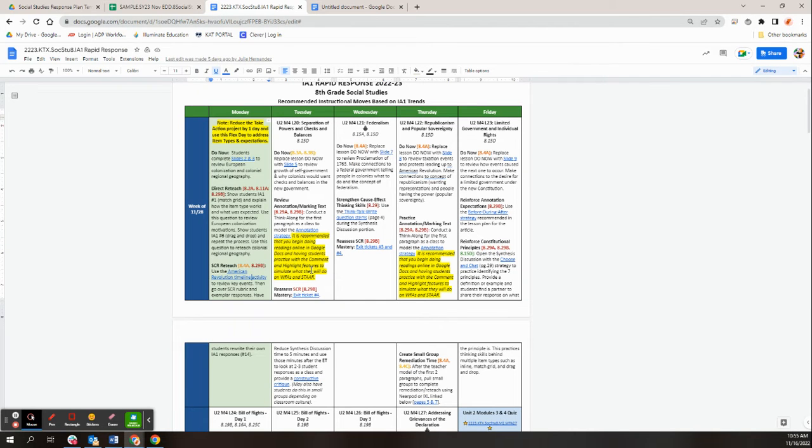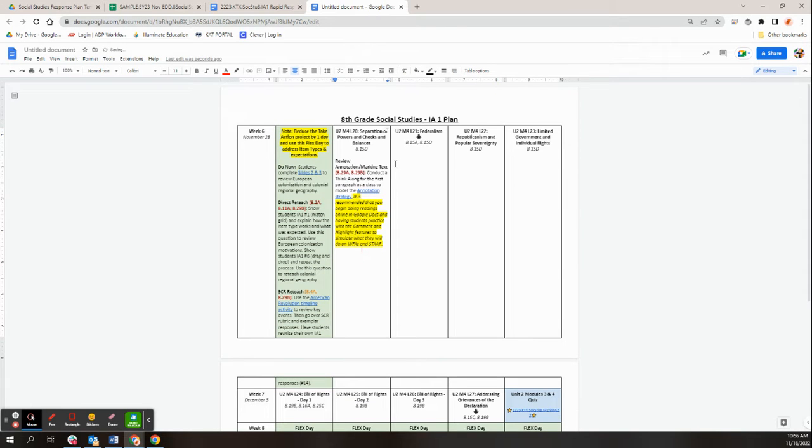Now let's see what else is just kind of available. And I remember I'm targeting the 4A causes of the revolution, and then maybe anything relating to that short constructed response because we really struggled to do the full sentences explaining. So let's look at Tuesday. We were actually really good in self-government, so I'm not going to do the do now. I noticed it was talking about annotations and marking the text, and I see this suggestion about moving all my documents to online. And I think that might be a really good thing to start doing and establishing after Thanksgiving,